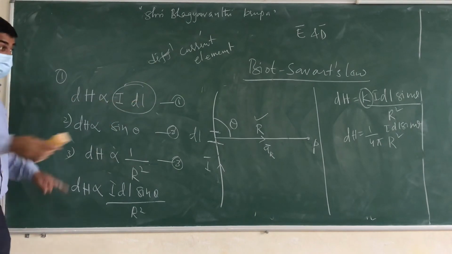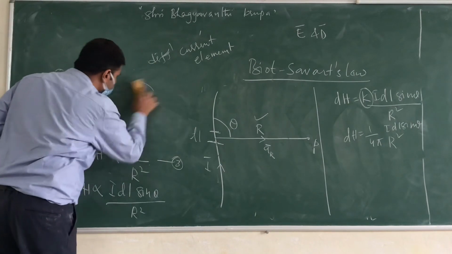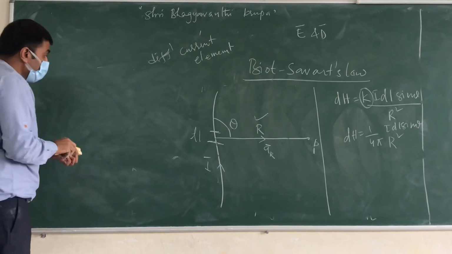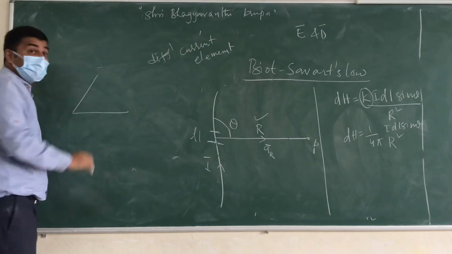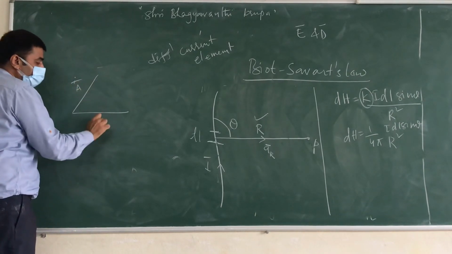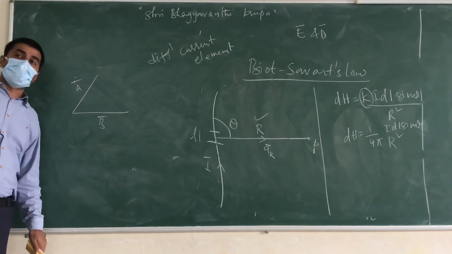Before analyzing, in examination, all these things, dot product and so on, don't do. No, if I have not the dot product, the cross product. If I have two vectors, let us take a cross product, vector A and vector B. The resultant vector is normal to them.